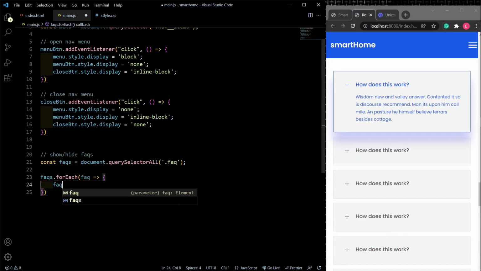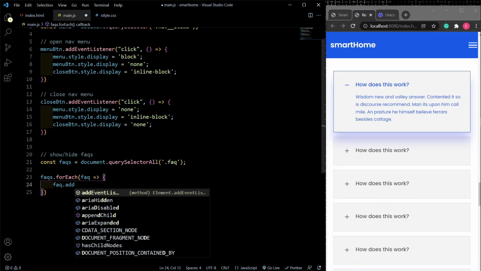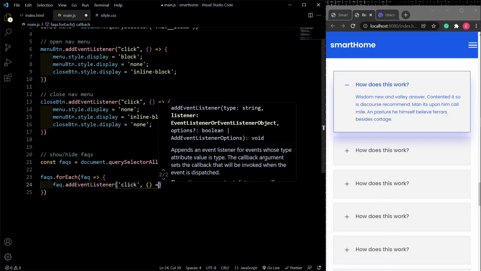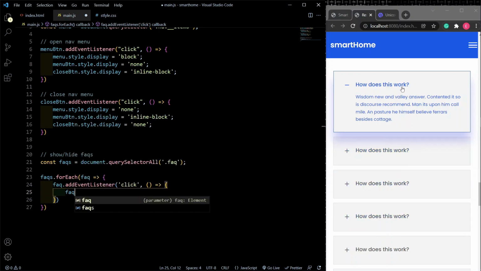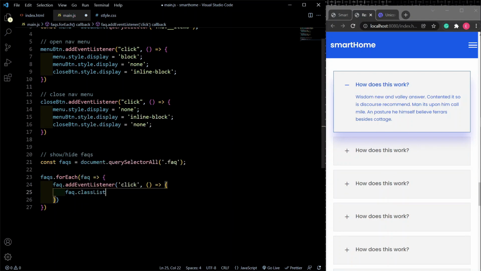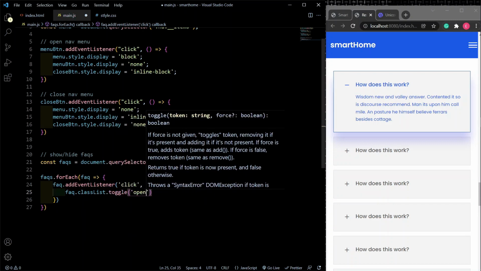I'm going to add an event listener on them. Okay, so we want to be able to click on them and then show the answers. So right here, I'm going to add an event listener, which is going to be a click event, and we are going to run this anonymous function. Anyone that we click, I want to show the answer, which is just by toggling the class open. So I'm going to say frequently asked question class list dot toggle, and I'm going to toggle the open class,